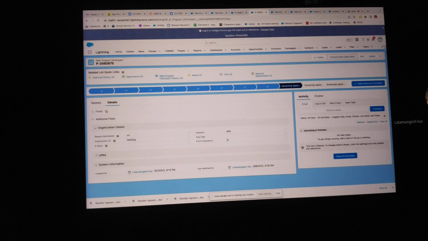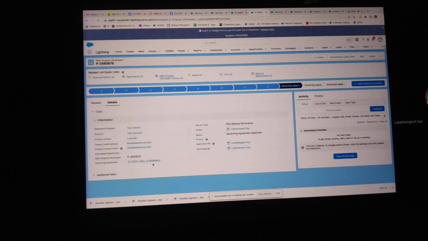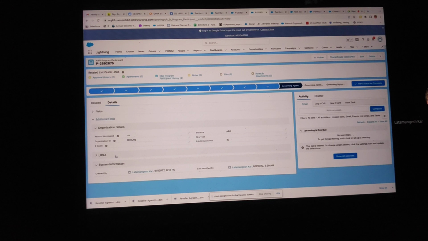Okay, so if you see here, it attached the same governing agreement. In this case, we have the MSA, the governing agreement we approved for the first R&D program participant. Because of that, the governing agreement will be the MSA one, and we'll be creating the subsequent UPRA. So let me just